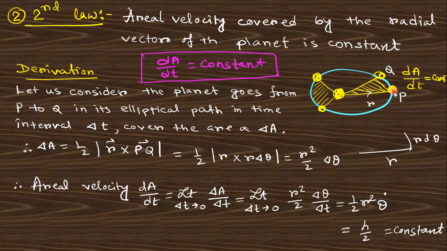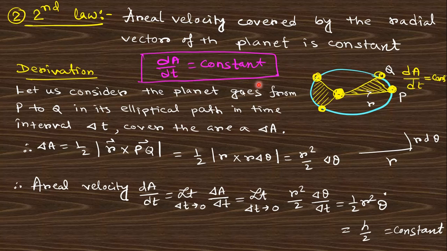So you can see here that when the planet is far away from the sun, it moves over this small arc P2Q with this area. If you want the same area in that time, you need to go a longer length in the far region, so this length will be larger compared to that length. So you can conclude that the velocity when the planet is far is less compared to when it is near. That means when the planet is near to the sun it moves faster, and when the planet is far it is slower, right. So in other words, the second law says that the areal velocity, that is dA/dt, will